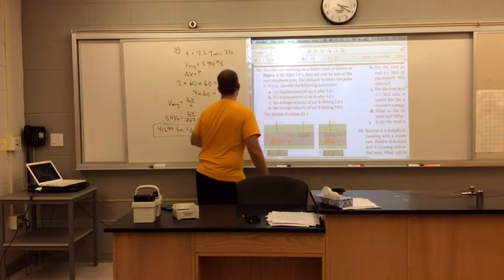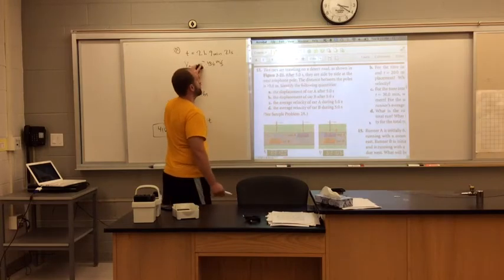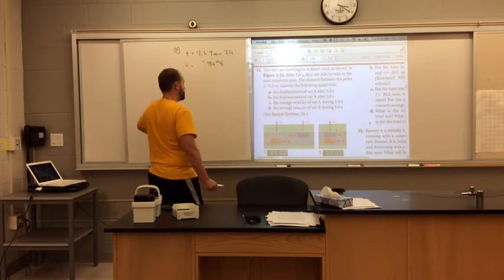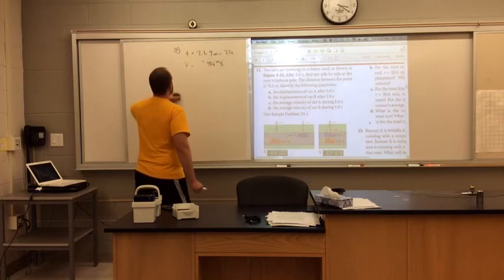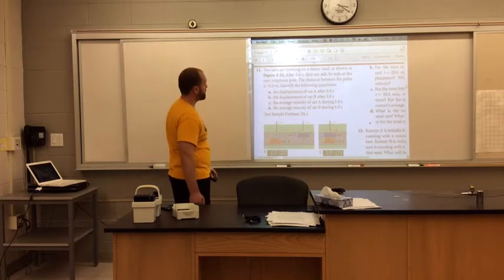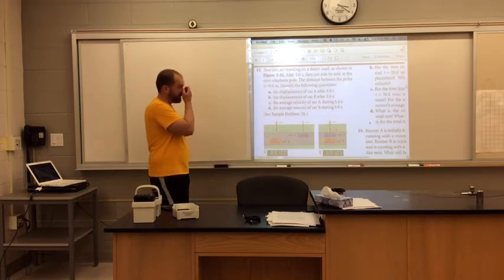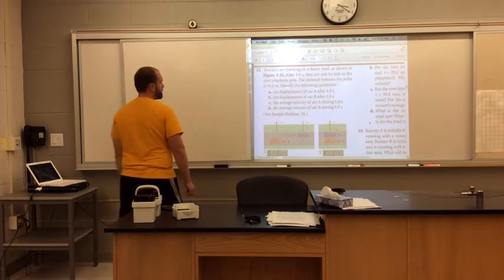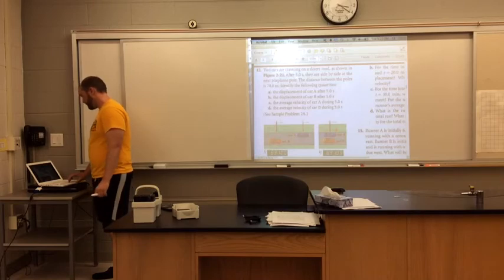Okay, so number 12 says, 2 cars are traveling on a desert road, as shown in figure 2-22. After 5 seconds, they're side by side at the next telephone pole. The distance between the poles is 70 meters. Identify the following quantities. I want to scroll this up a little bit